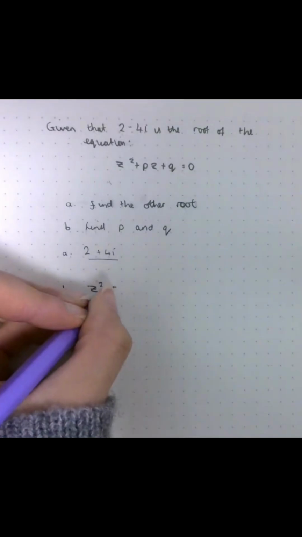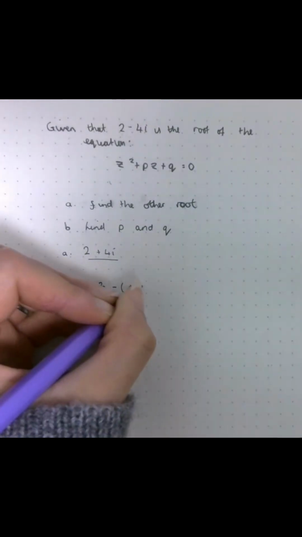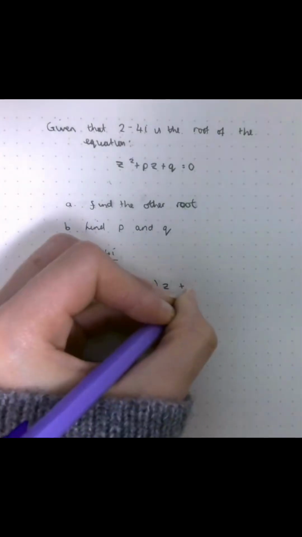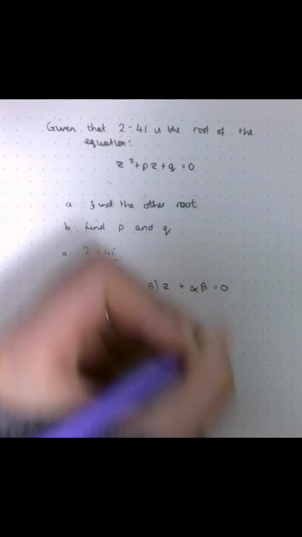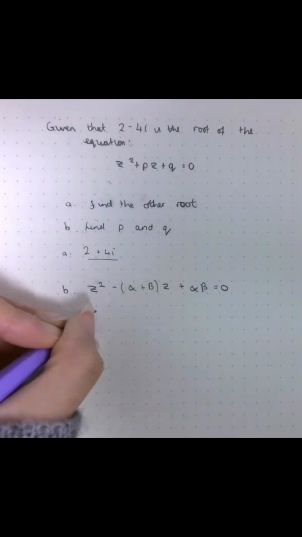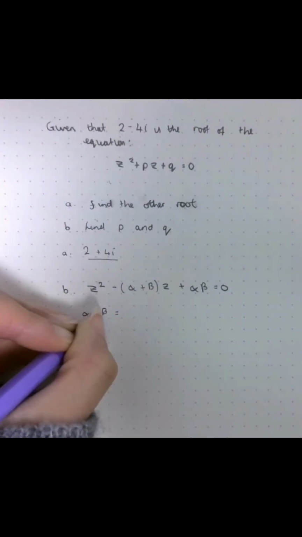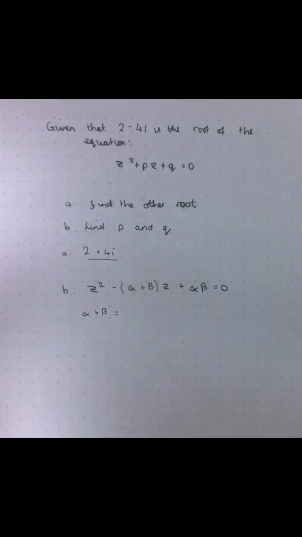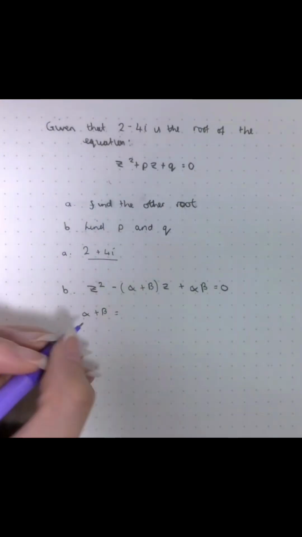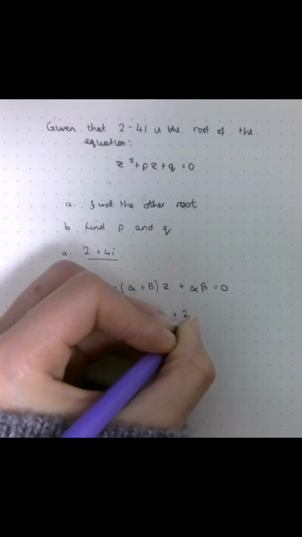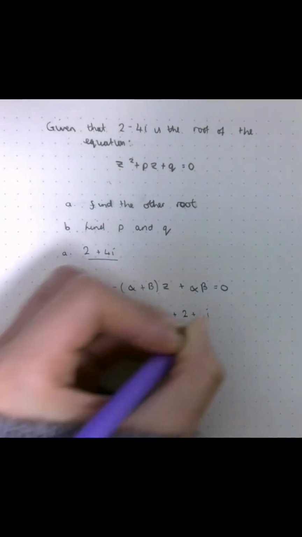z squared minus alpha plus beta z plus alpha beta is equal to 0. So let's just put alpha and beta into there. So this is definitely the quicker way, but if you can't remember that, either expand it or you can just put it into the double brackets and expand that out. So we'll end up with 2 minus 4i plus 2 plus 4i. The 4i's cancel out,